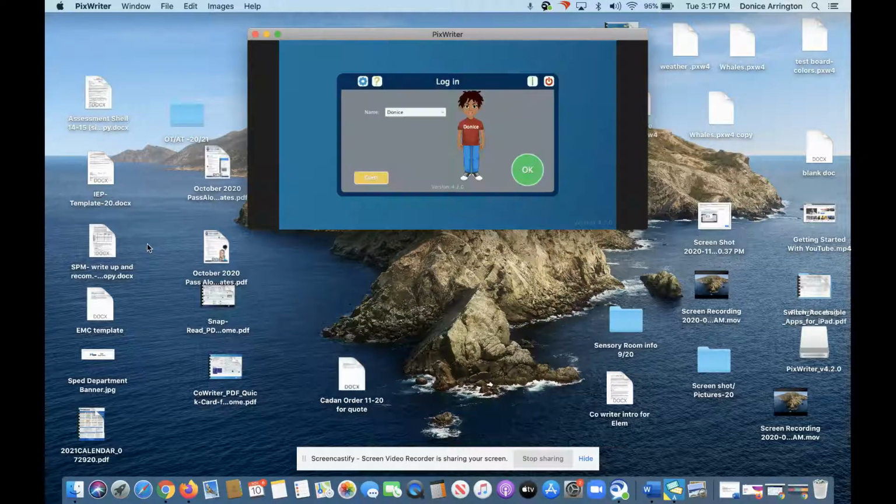And since mine already is activated, but yours will come up and it'll ask for an activation code that I will email you. And then once you put in the code, it'll activate, and then you'll have a login, and you can log in as a teacher. You can put in several different student logins, but once you've logged in, then you go to